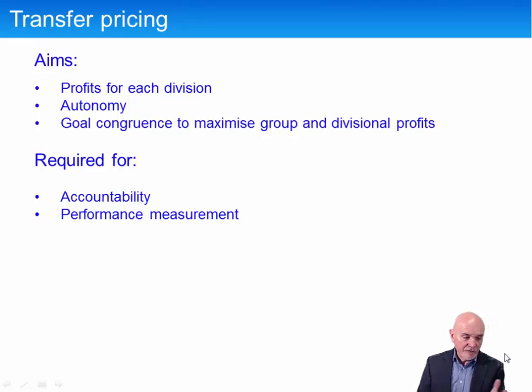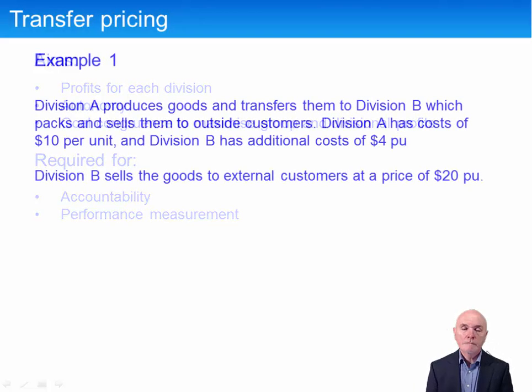Whereas a division transferring out these goods free of charge is going to be, as I say, condemned to making losses. A good transfer price, perhaps one based on market prices, would allow us to compare the divisions to companies that are standing on their own, that are not part of a group or divisional network. So if you have to transfer goods out at a market price, then it's as though you're standing on your own feet. And if you can't make a profit doing that, then maybe that division should be wound up.